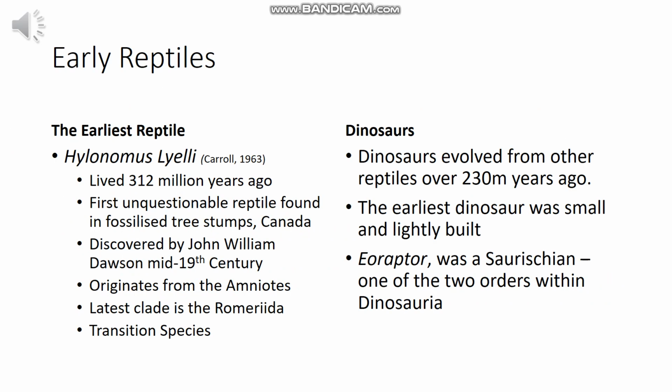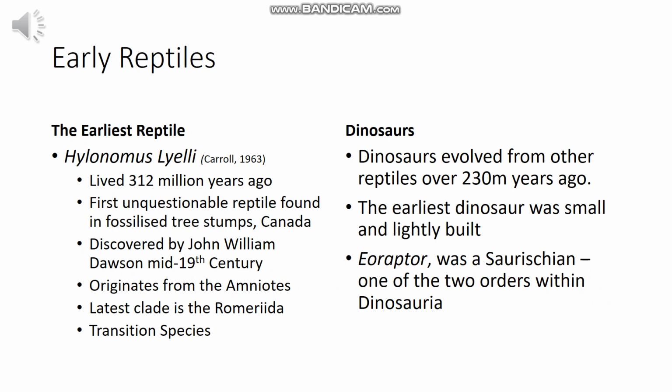So this next section is going to cover the early reptiles and give you two examples of reptiles which are both extinct, however they are both very important keystone species. The first reptile is the Hylonomus. This species was present around 312 million years ago, going by its fossil findings, which were found in Nova